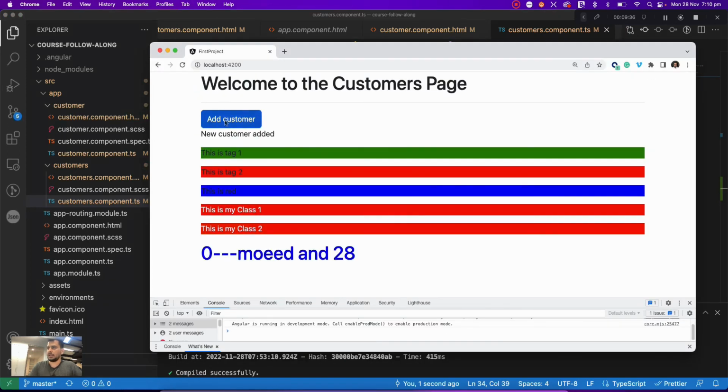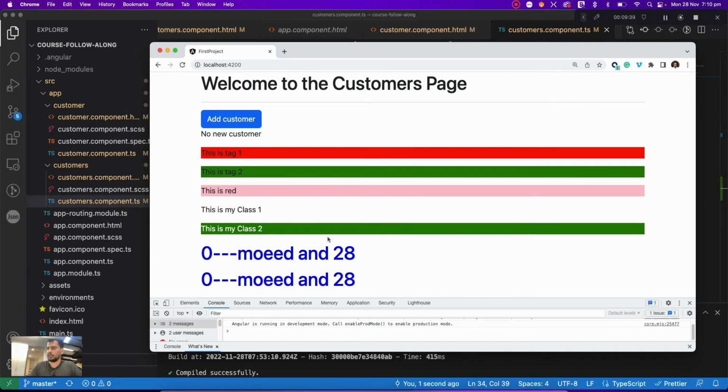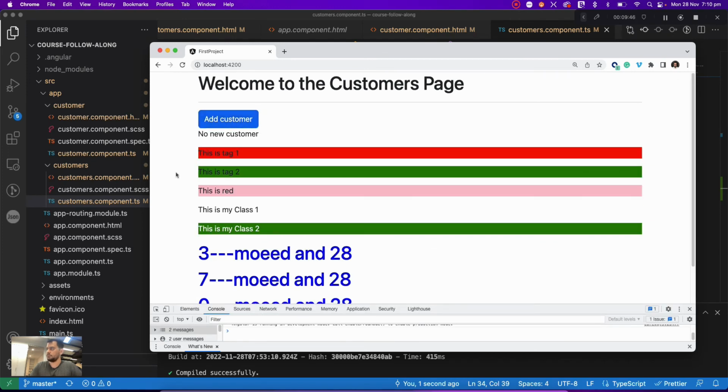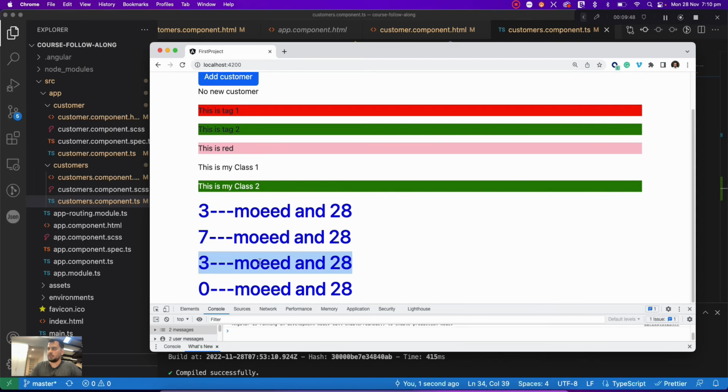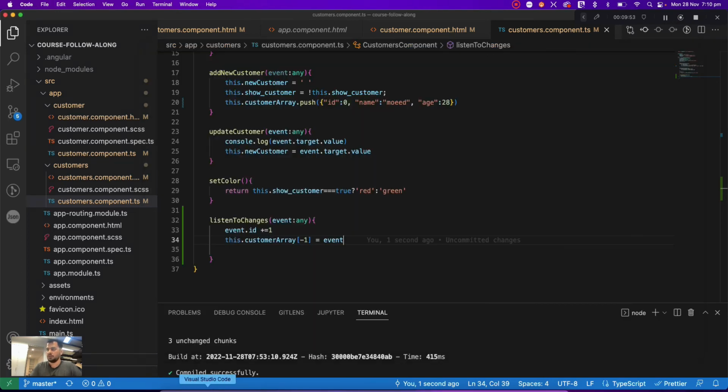So I click, I get something. Okay, this is exactly what I was looking for. I click a few times more, I get something. Precisely, this is exactly what I was looking for. And what did I do? I told Angular that the event, the object that is being sent from the single customer component to this multiple customer component, take that object and increment the ID by 1 whenever that particular object is clicked, and then assign the last element